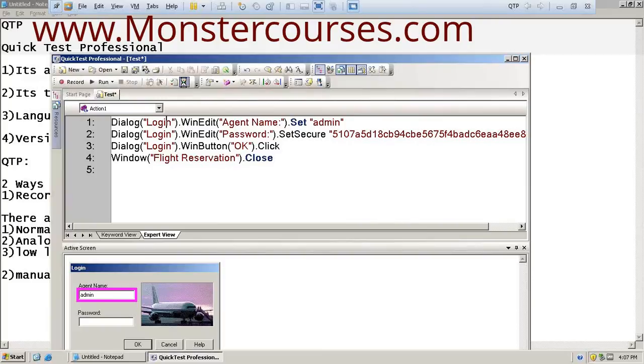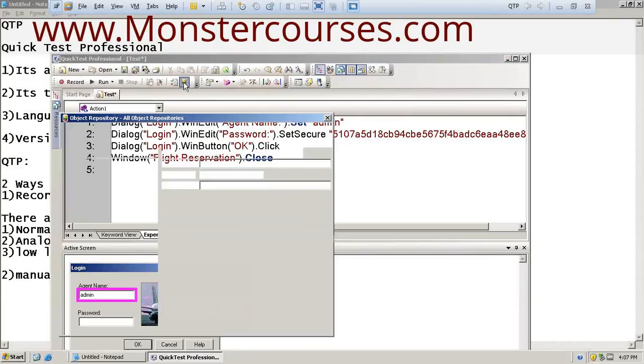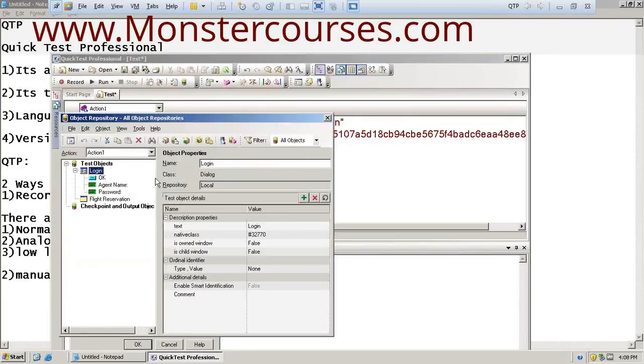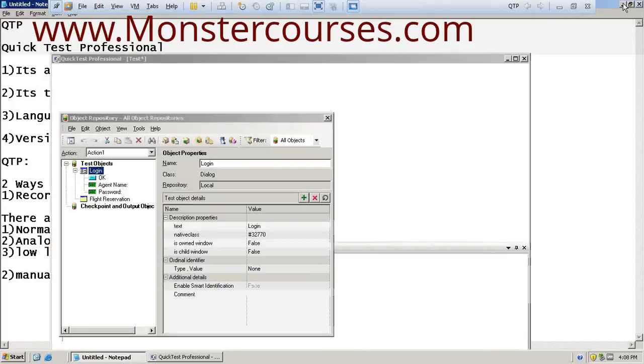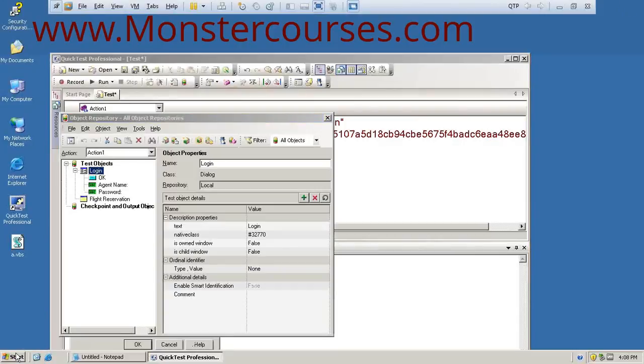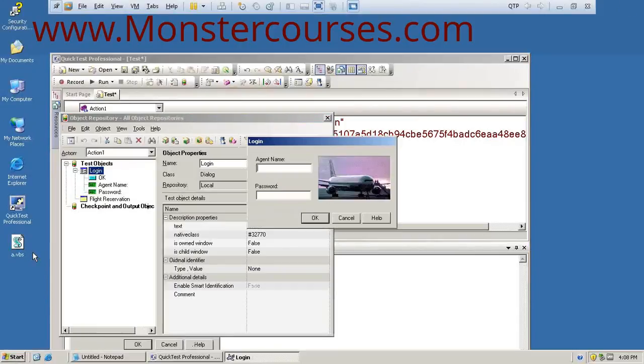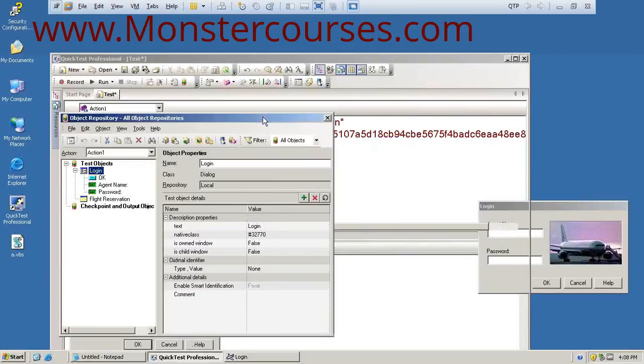Now to view this repository, click on object repository. Now see here the object repository has been displayed. Now I'll just open this application in order to make you understand how it is identifying the objects.